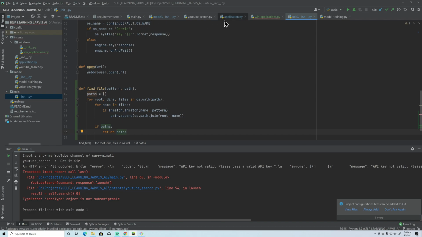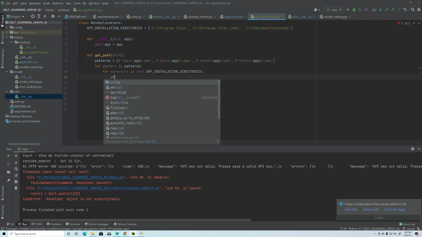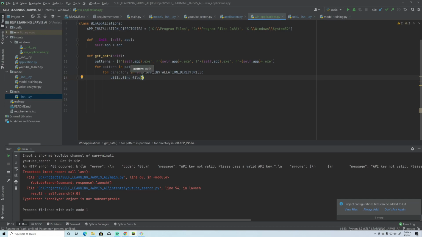Yes, so now just go back to your Win application, and here we are going to have utils.find_file, and here we will pass the pattern and then directories, right?